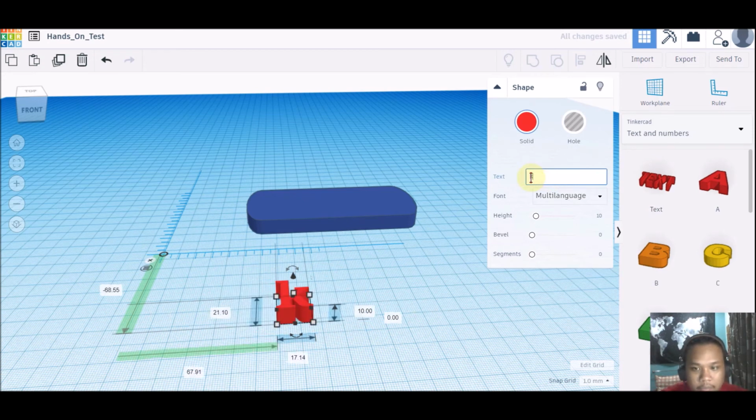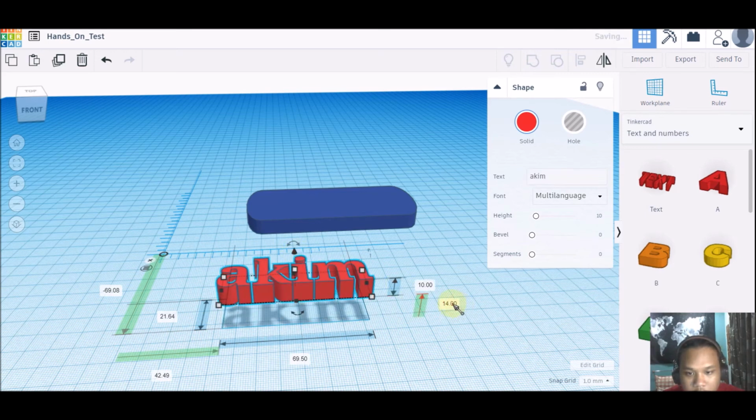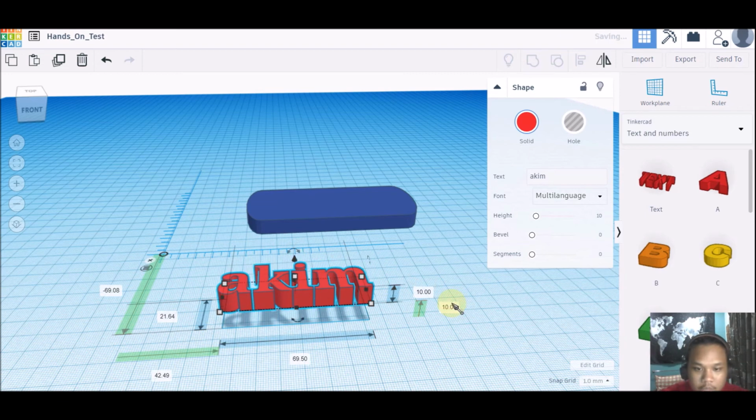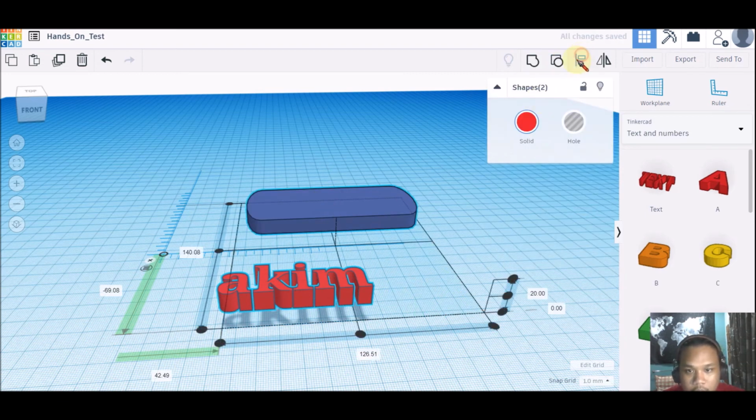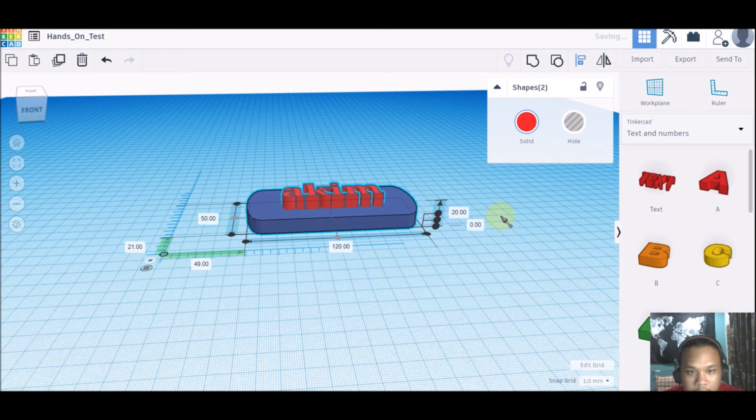So Kim, maybe Kim. Okay, now we know that the height of the base is 10, so we need to elevate this font up to 10 millimeter, right? So we can just change it to 10 millimeter, and then we align these two objects together on the base, middle and middle. See,